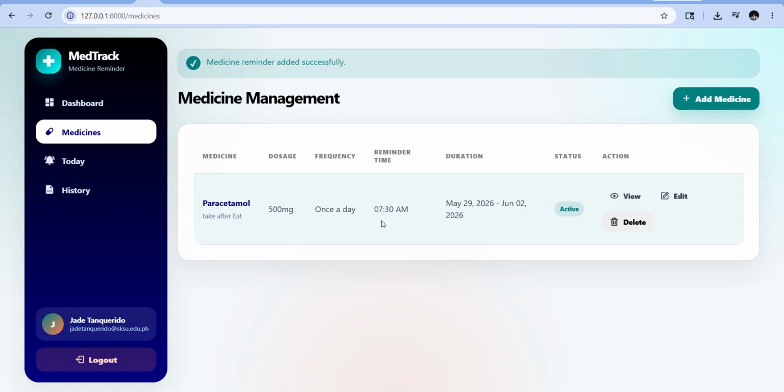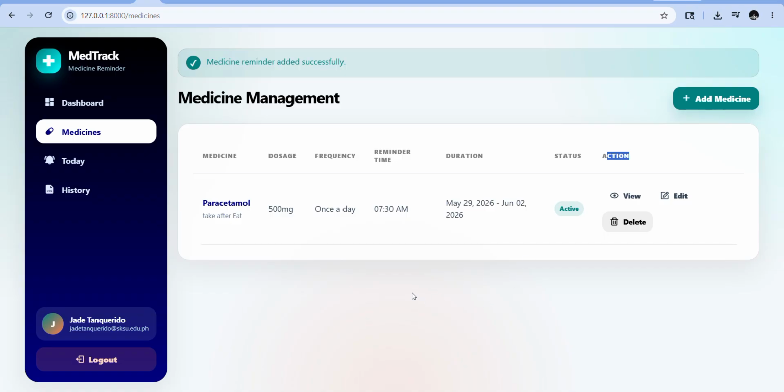In this form, the user enters the medicine name, dosage, frequency, reminder time, duration, then status, and action.